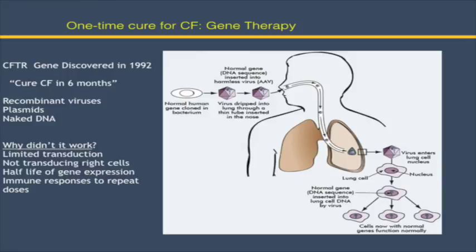The problem is that the lining cells of the lung slough off periodically, so you had to keep redosing the medicine. And our bodies don't like to see adenovirus, so the second time you give it, there would be antibodies that would inactivate the virus. So these are some of the big problems: the half-life is very short, and our bodies build up